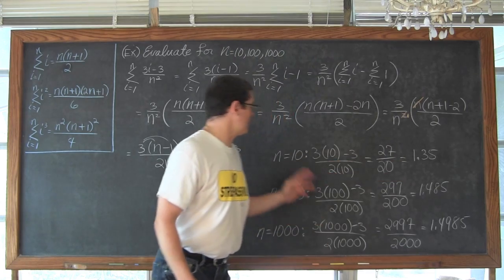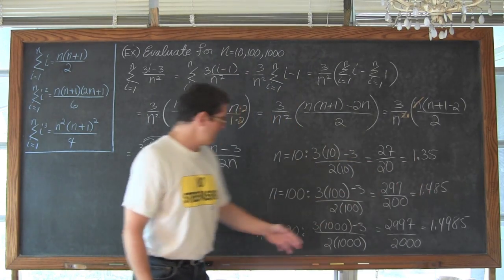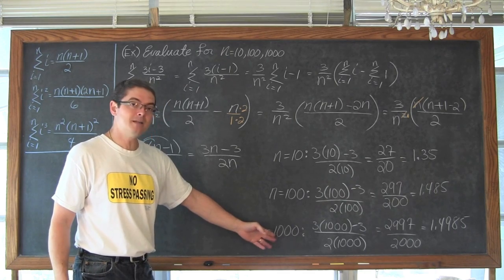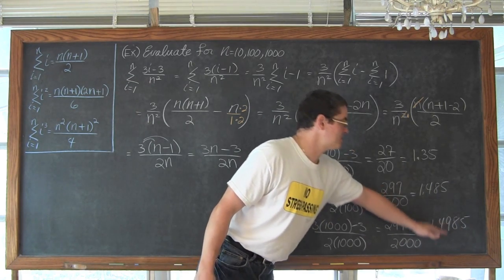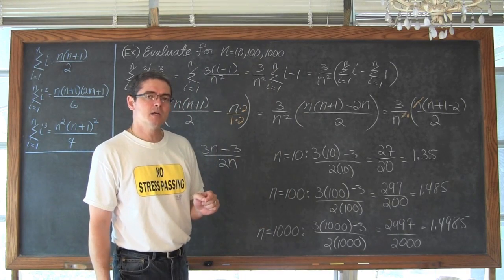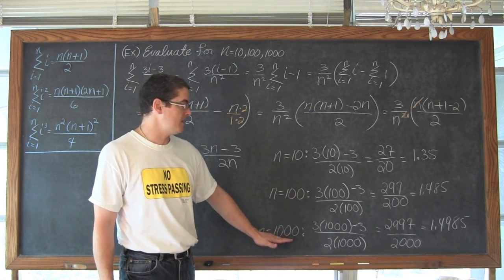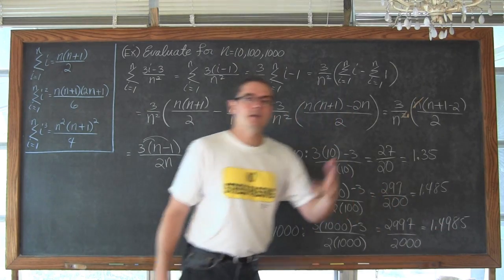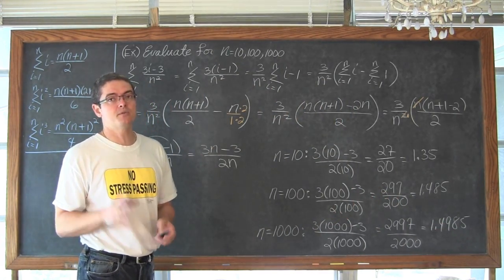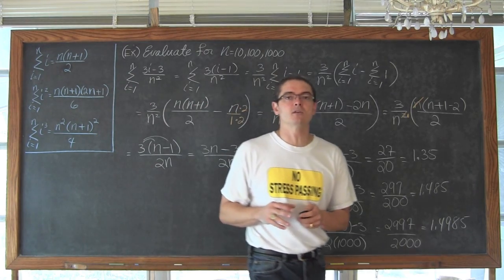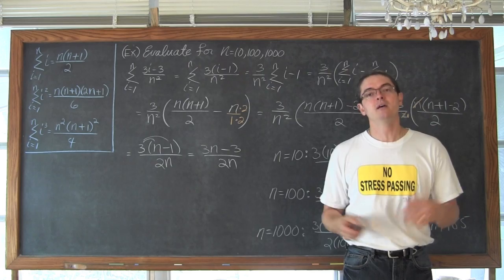When n equals 10, it's 1.35. We let it go all the way up to 100. It grew a little bit. And then from 100, we added another 900 and gave an upper limit of 1,000, yet my overall sum didn't really increase by very much. So it seems like as n is getting bigger, as it's approaching infinity, my overall sum is also approaching its own limit. So that's where in the next example we're going to take a look at tying together our sigma notation with our new idea from calculus of limits.